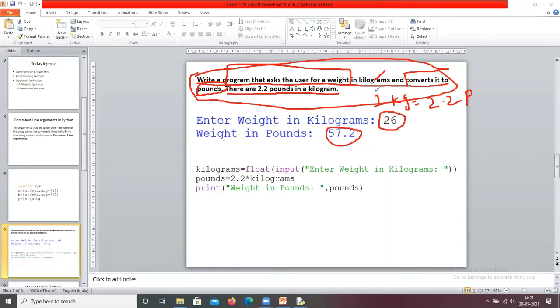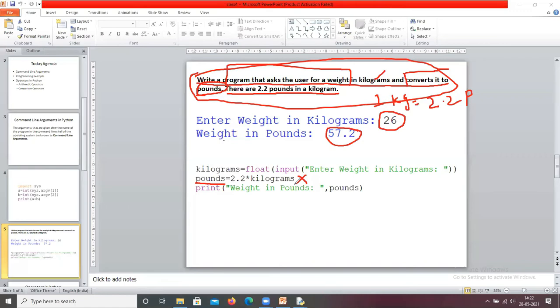How many variables are you going to read? Only one variable. After that you are going to convert it to pounds. Here we need to know the logic to convert kilograms into pounds. If you don't know this logic, you are unable to write this program.